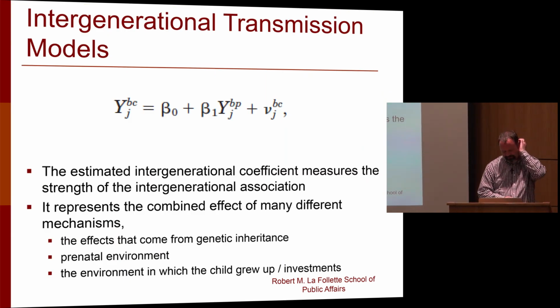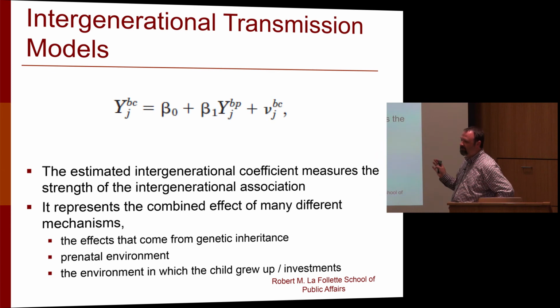So I want to cut to the main part of the talk today, which is to go back to a very basic statistical model of intergenerational transmission, and partly just reflect on how scholars interpret something like beta 1, which is just how similar are children to their parents. And similar here could be based on their income over their whole life, or their education, or some other measure of socioeconomic status. So this type of regression is done across many disciplines,